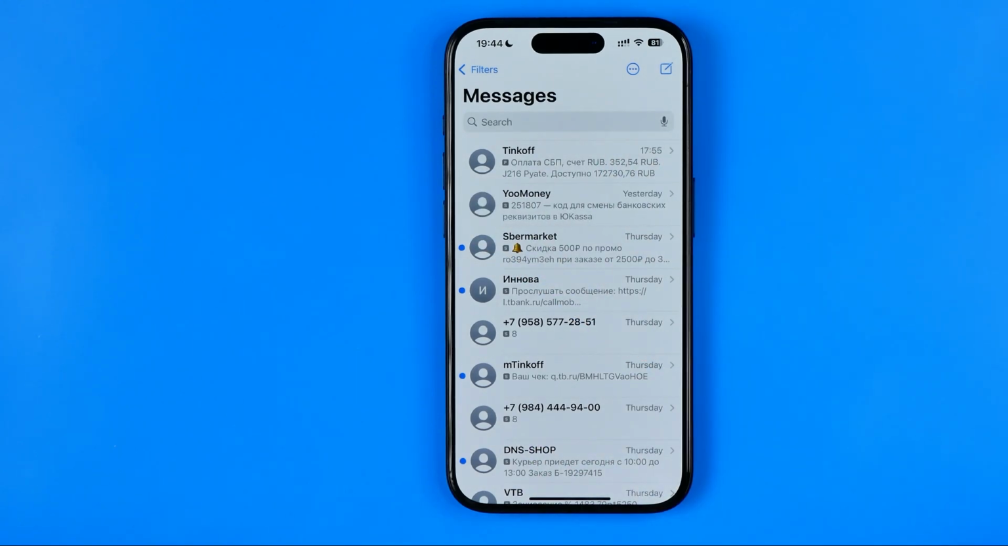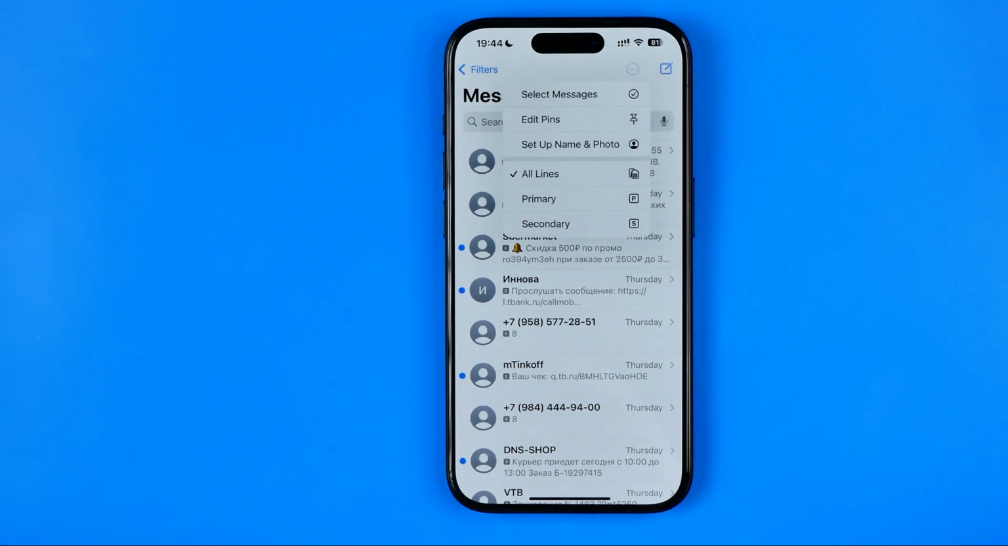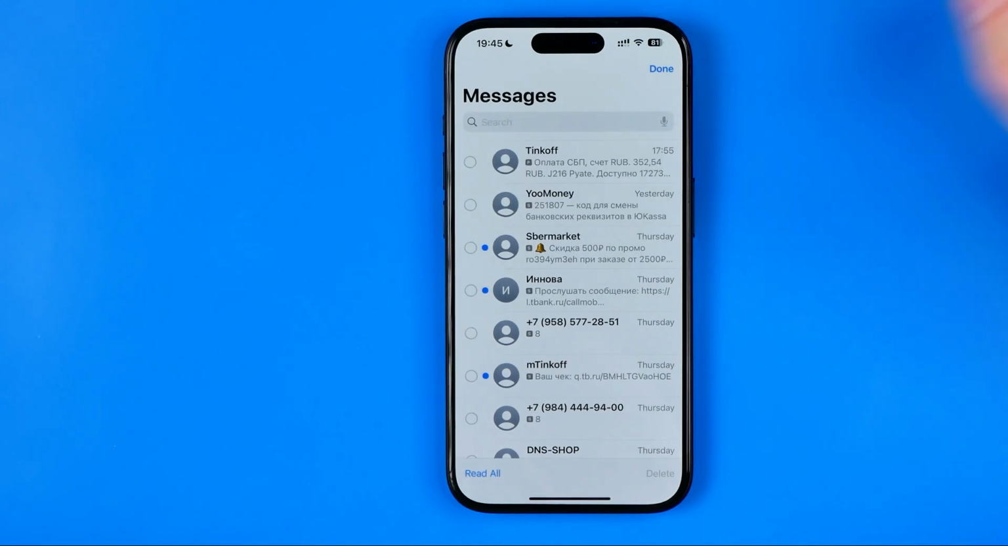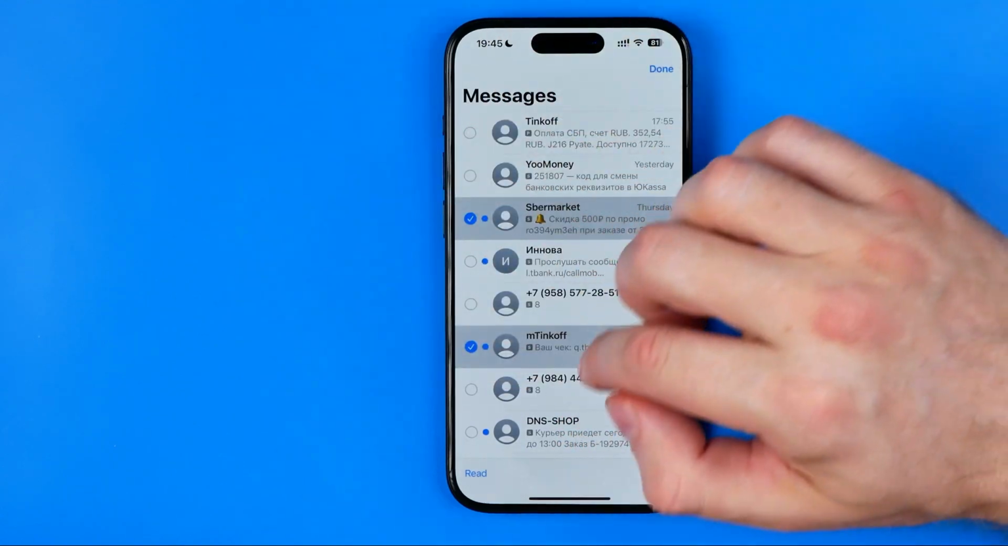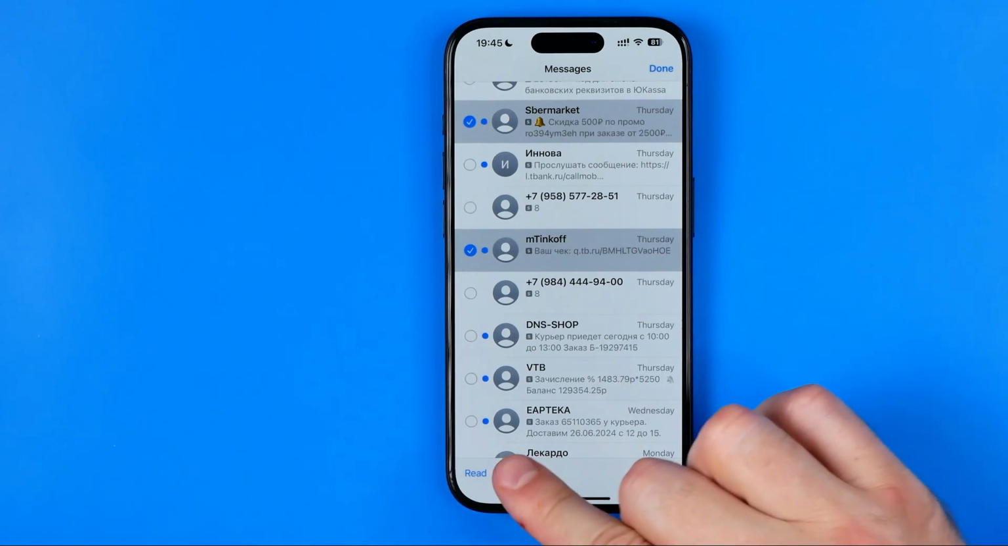If you would like to mark all or several conversations as read at once, then first off you need to tap right here at these three dots and then select the first option, select messages. After that, you can manually choose some conversations you would like to mark as read, and then down below here